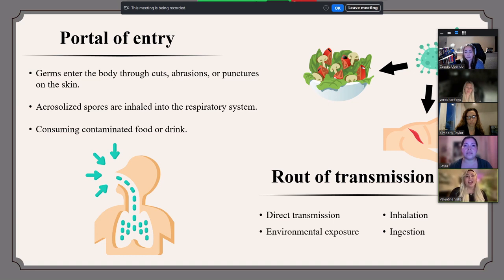Route of transmission. Anthrax can spread through several channels, each corresponding to certain activities or exposure scenarios. Direct transmission: anthrax bacteria can spread through contact with infected animals or animal products, like skin or wool. Inhalation: breathing in aerosolized spores in a slaughterhouse or tannery where infected animal products are processed. Consuming infected meat, particularly raw or undercooked meat from deceased animals, can cause gastrointestinal anthrax. Environmental exposure occurs when anthrax contaminates soil or water. Farming, hunting, or handling anthrax-infected items can expose people to the disease.